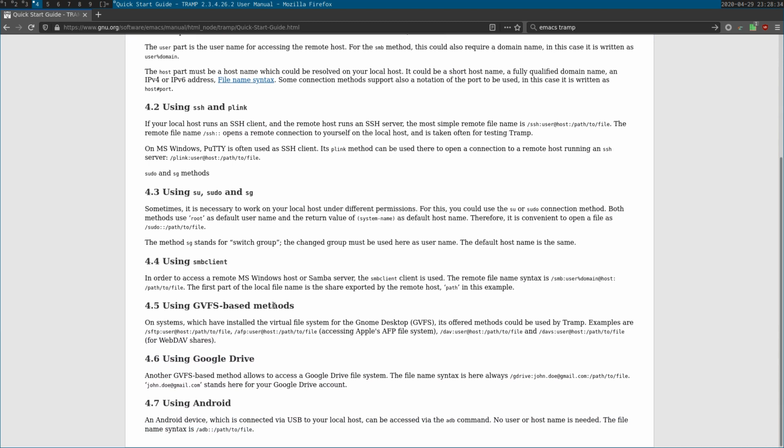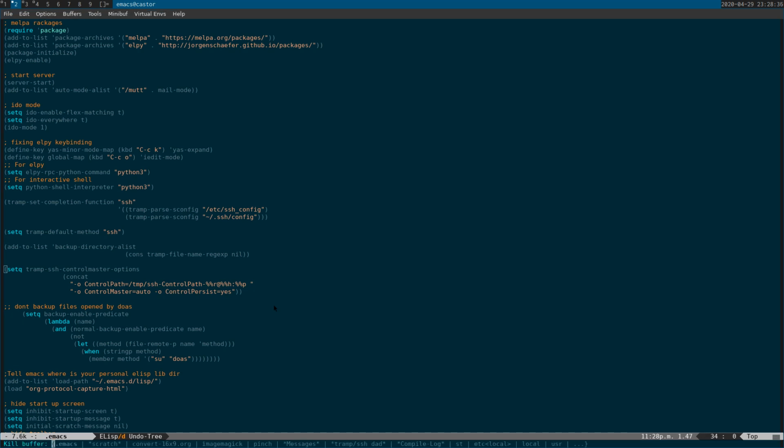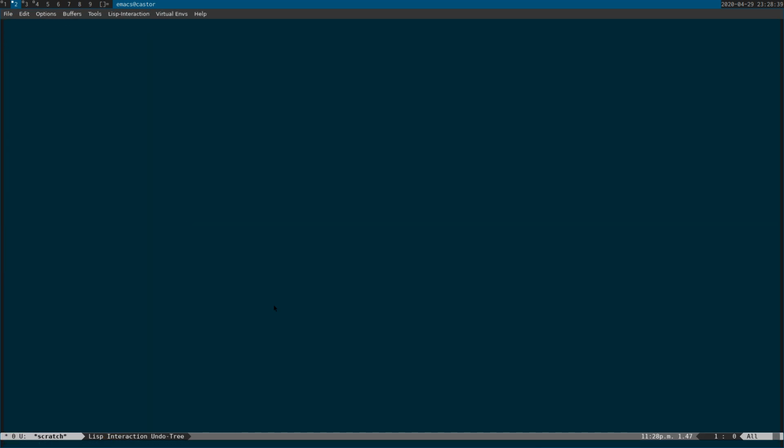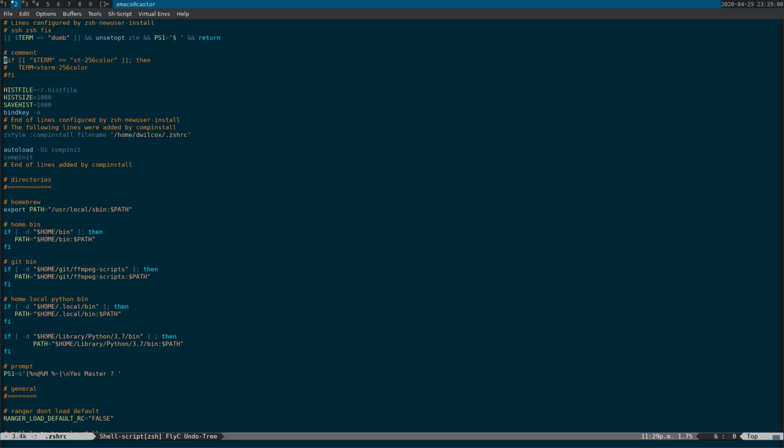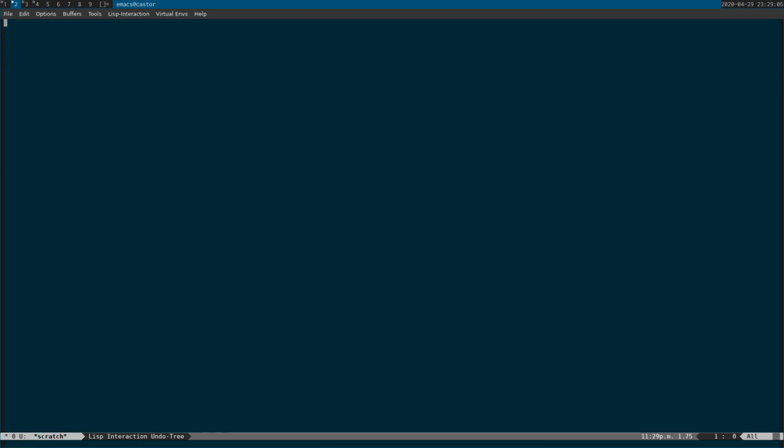use Tramp over SSH. So for example, if I just quit this here, if I want to edit a remote file, what I do is on the keyboard it's Control X, Control F, and come back here, SSH, and then I'll pick the machine I'm going into, and then open the file, and you can see I've got the file open in Emacs over SSH, and I can edit it. Just kill that buffer. That's how you can use Emacs to maintain persistence with doas